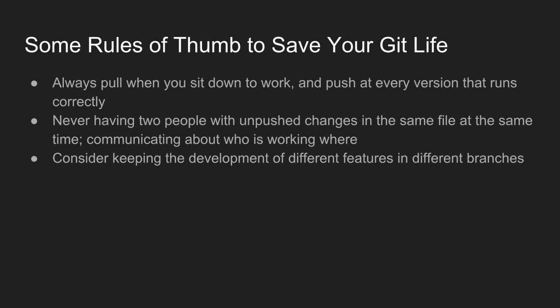It's a pain. For working in teams, I recommend splitting up everyone's work into different scene files or using branching, as Ryan stated before. And communicating about who's working where is very, very important. Also consider keeping the development of different features in different branches. As Ryan pointed out before, you can have your AI guy working in an AI branch or AI scene, whichever you want, and they work there. You can work in your